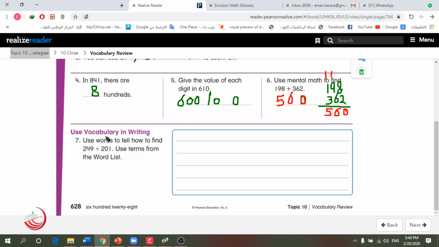Let's go to the next question. Use vocabulary in writing. Use words to tell how to find 249 plus 201. Use terms from the word list. So we will write what we will use. Let's use the mental math. So write after me,